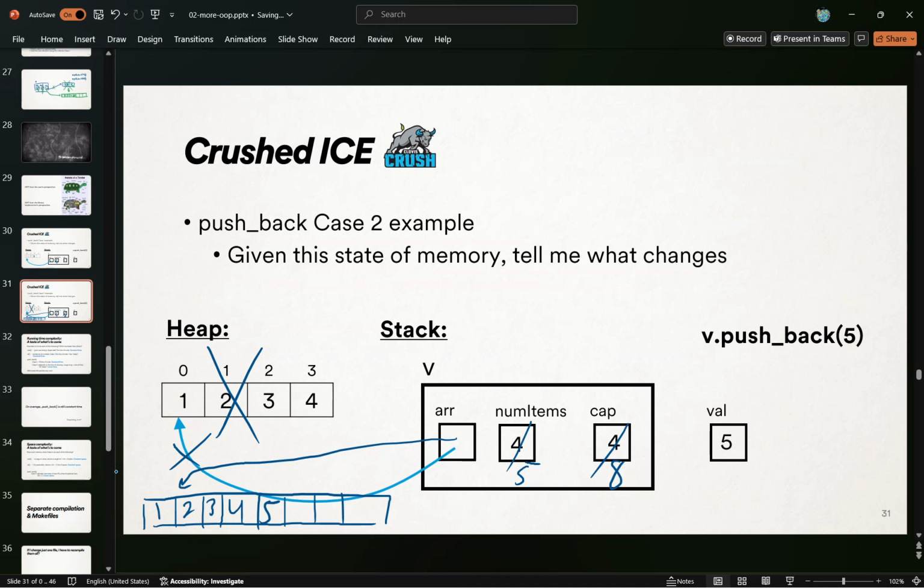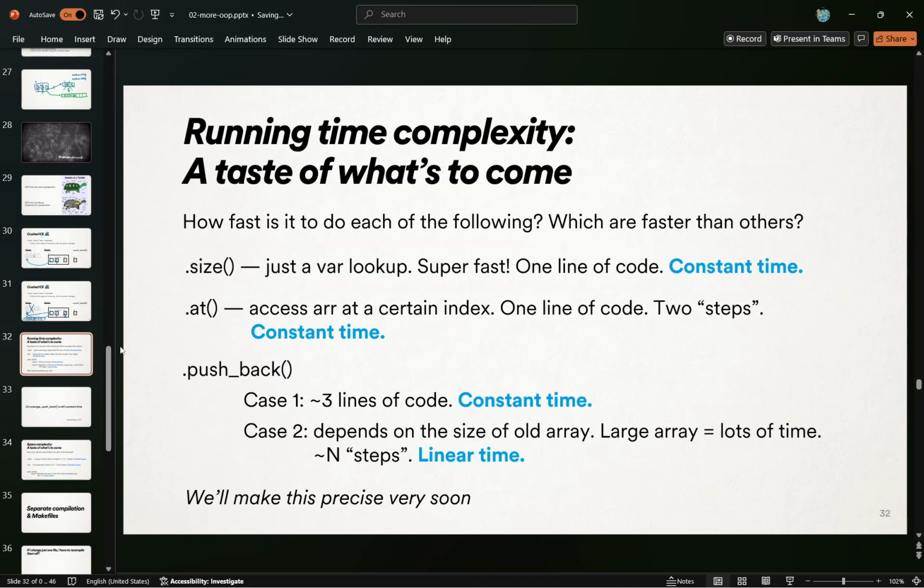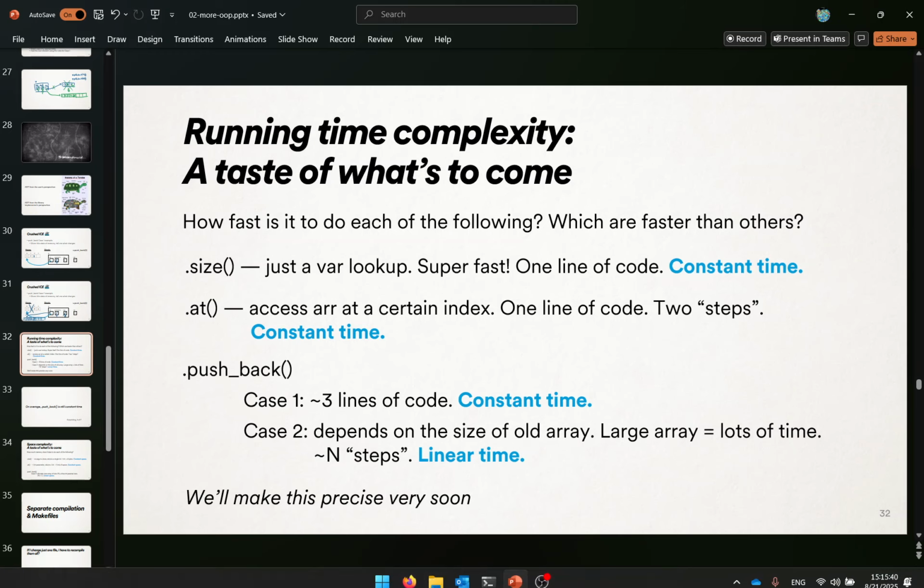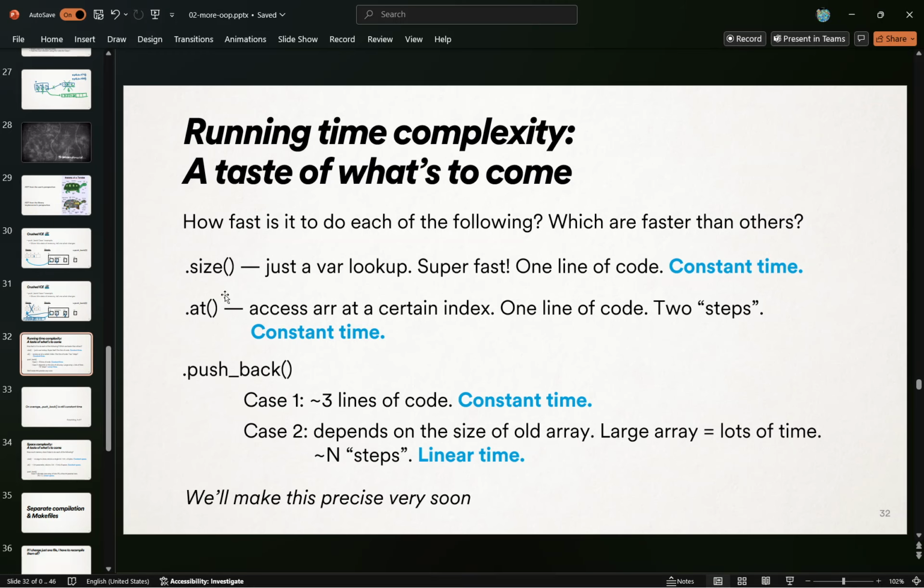I believe in you. All right, so with that in mind, now we kind of remember how vectors are going to work. And now we understand the deep down implementation in terms of data structures. So let's try to talk about computational complexity just for a second. We haven't learned anything serious yet, but some of these words will make sense to us. All right, so let's talk about how long it's going to take to